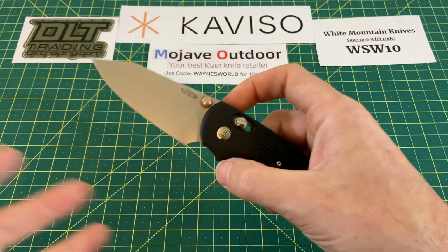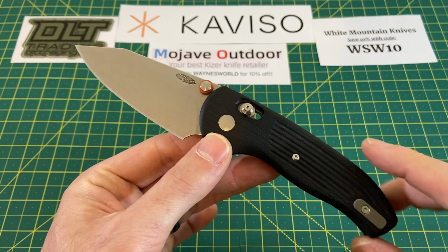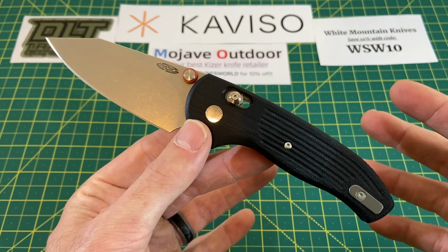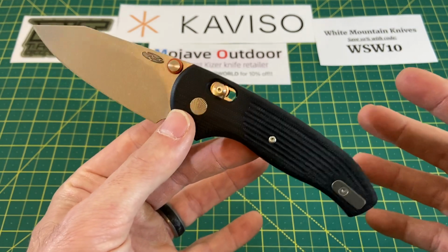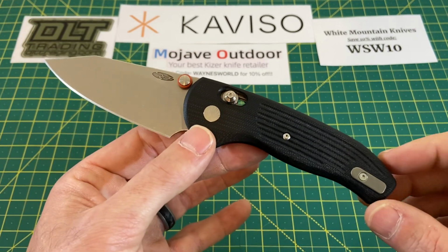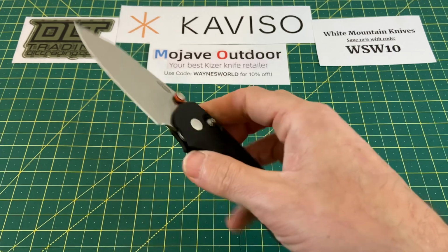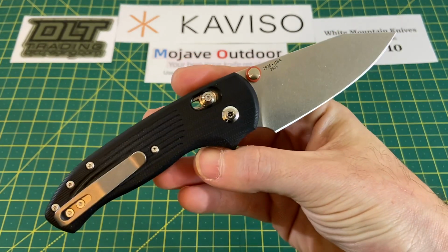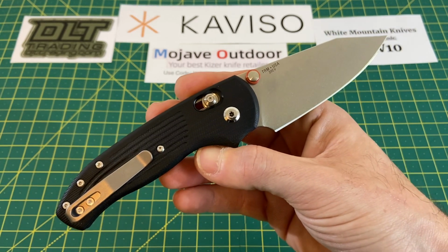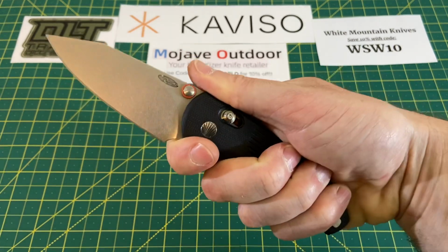The tolerances, I feel like that isn't mentioned a lot on this particular model from TRM. The tolerances are very impressive for a model using G10. That may sound weird, but you talk about Chris Reeve and titanium and a lot of the other big American small batch producers making things out of titanium so super accurate. I feel like you have that level of accuracy with G10, and I don't know if that's weird. I'm not very experienced when it comes to milling and any type of CNC operation, to be honest, but I just really get a crazy good feel with this knife